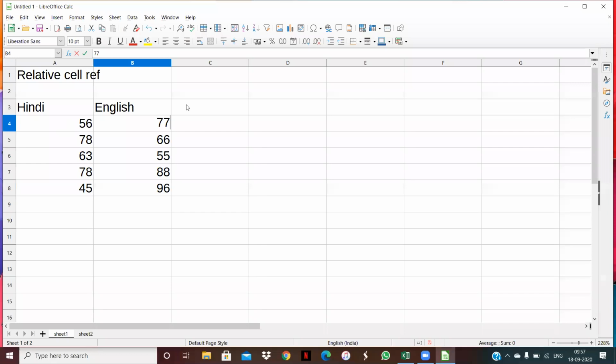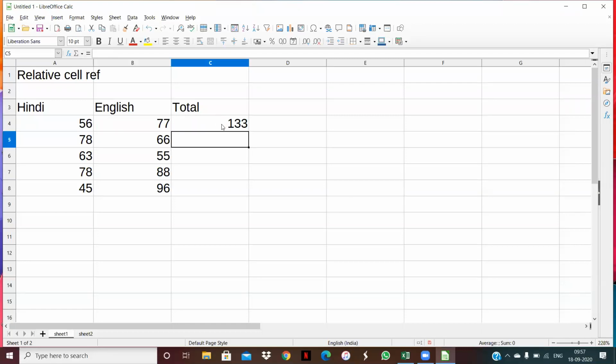Clear? Now I want to do the total, and for the total I write the formula here: equal to the address of this cell A4 plus the address of this cell. Clear? I write the formula in this cell only.